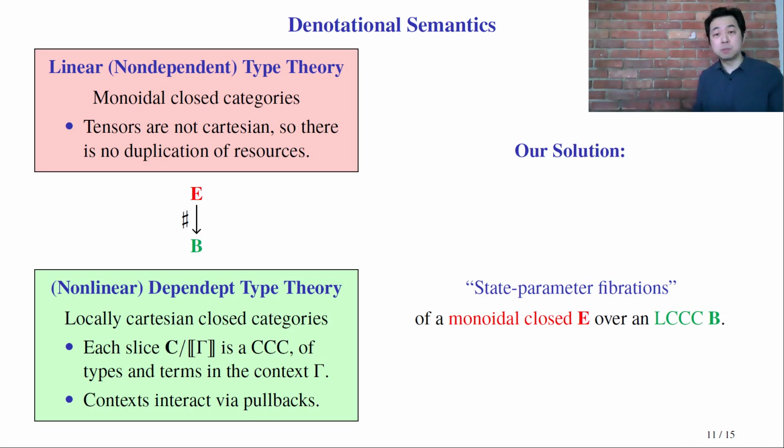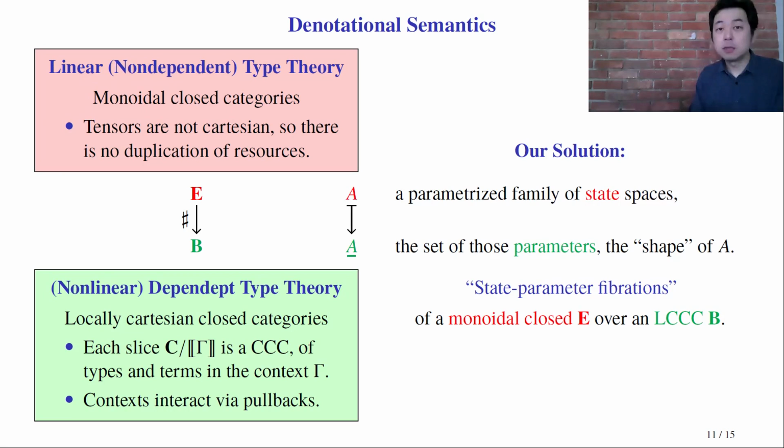Our solution to this problem is to introduce what we call a state parameter fibration, a certain fibration sharp of a monoidal closed category E over an LCCC B. The guiding idea behind this setting is to take an object A of E as a parameterized family of state spaces and its image sharp A, or underline A, as the underlying set of those parameters, or the shape of A. In fact, with a small assumption, sharp has a right adjoint that embeds B as a full subcategory into E